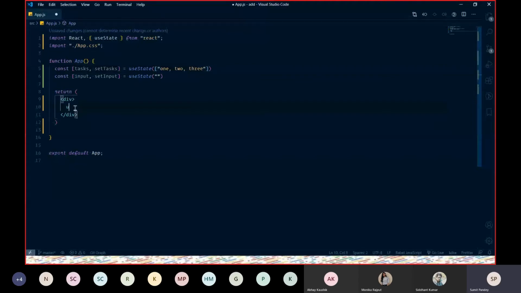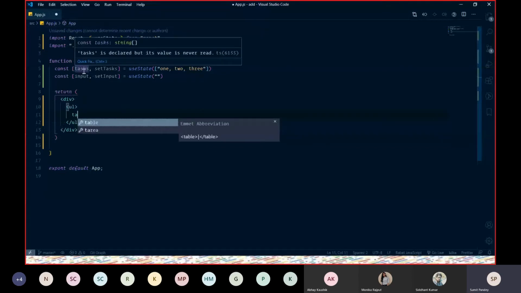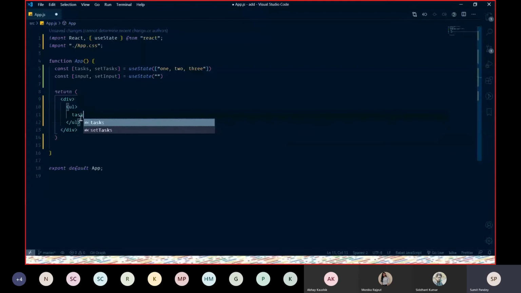So for that we're gonna use a ul, an unordered list, and inside it we're gonna make use of this tasks and map over it. We are writing JSX, JavaScript inside this HTML syntax, so we'll use curly brackets.